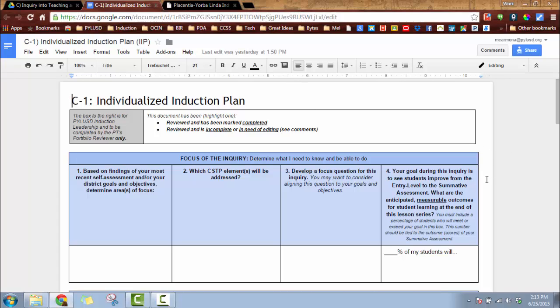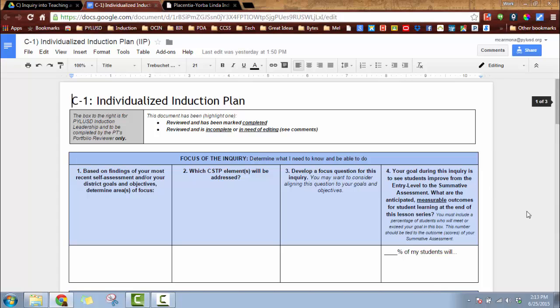Now remember, if you're a year 2 and you're at the same school, your Module A, Context for Teaching and Learning, is going to be much shorter. You won't have to redo a lot of those things because you don't need to learn all about your school if you're at the same school. Of course, you're still going to have to look at your students, and there will be some things to do, like calling home and looking at your instructional environment, but really it's more about fine-tuning, and then you can jump